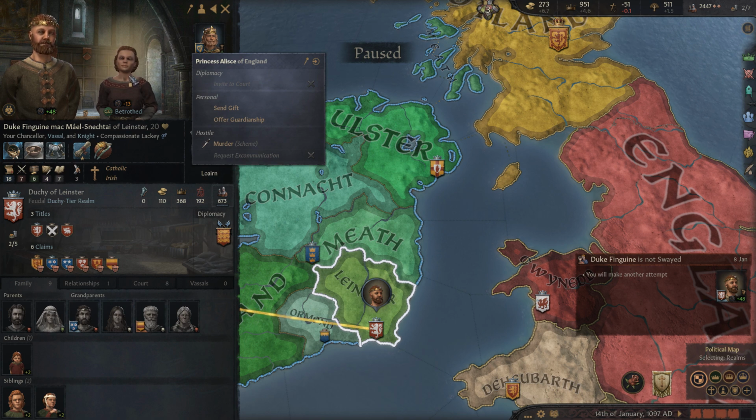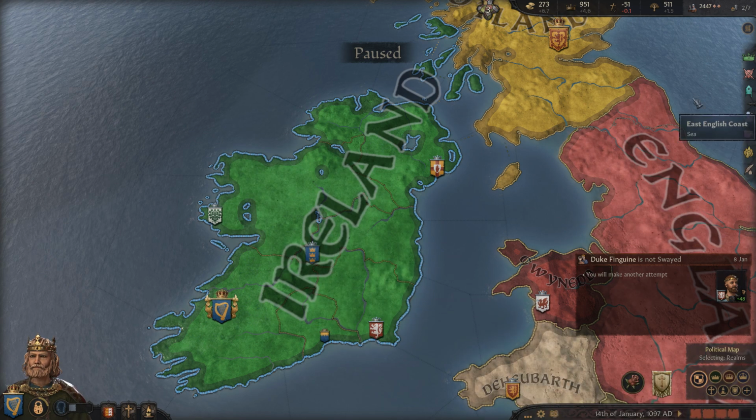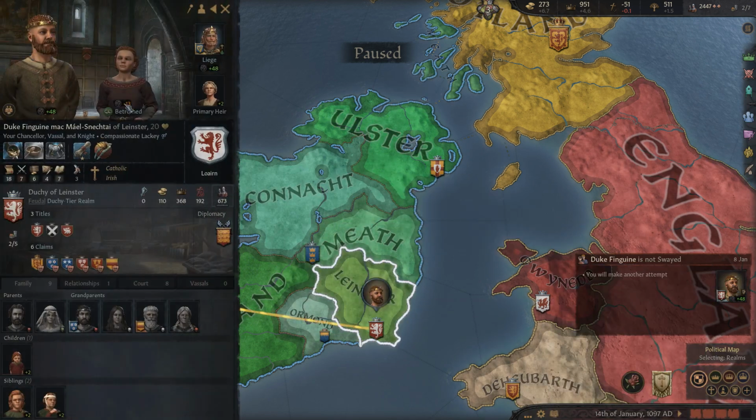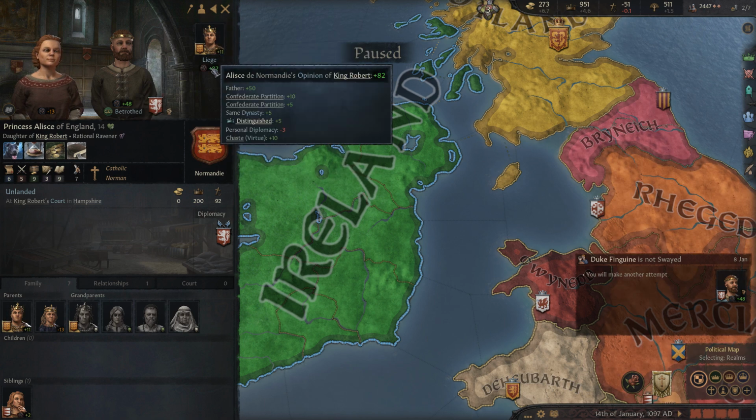I wonder if there's a diplomatic way to maybe drive them apart. I have no idea what kinds of shenanigans we can get up to here. I have to imagine she's not jazzed about the situation, right? Now, granted, she's like a 14-year-old girl, so probably people are not giving her opinion a lot of weight here. King Robert also might not be...